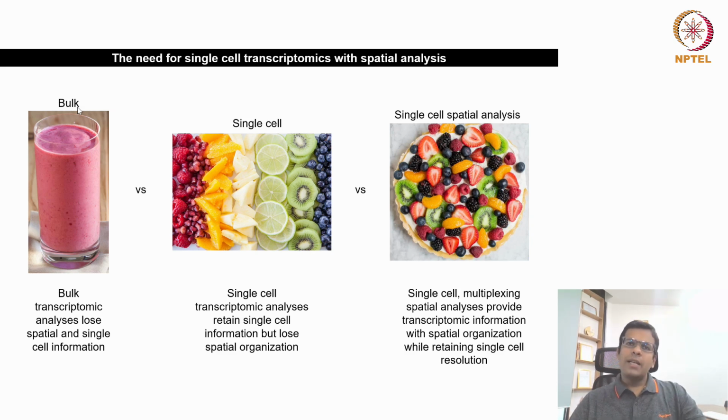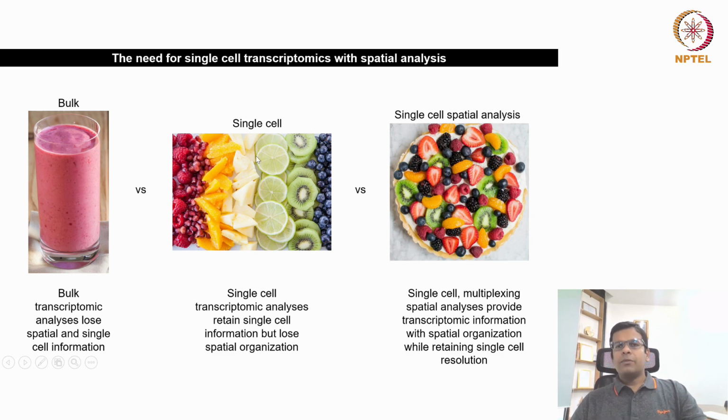Because for those analyses, you take thousands of cells, you lyse them, and then from the cell lysate, you just measure the transcript levels. So what transcript levels do you get? Those are the average transcript levels over thousands of cells. Those kinds of techniques are known as bulk measurement approaches, available for transcriptomics analysis as well as proteomics analysis. But you cannot get the single cell resolution.